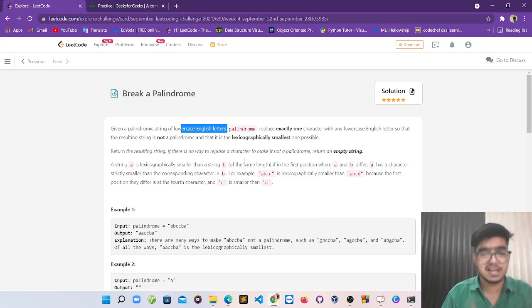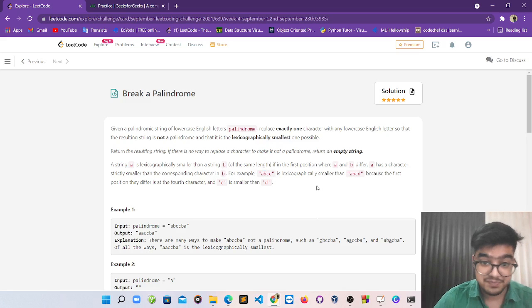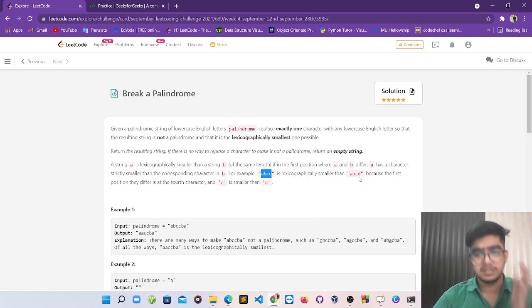What do you mean by lexicographically smallest? Let's understand this. You can see there is A, B, C, C and A, B, C, D. See the last character C and the last character D. Both strings are not palindromes, but C is less than D, so the first string is lexicographically smaller.